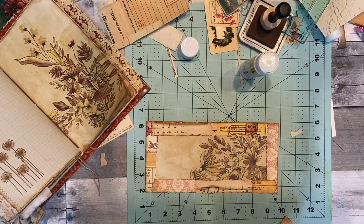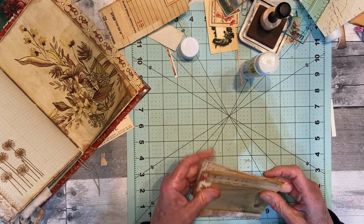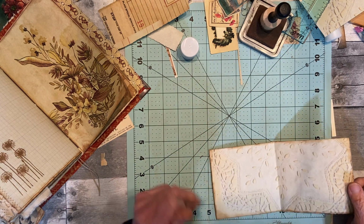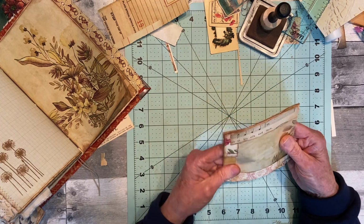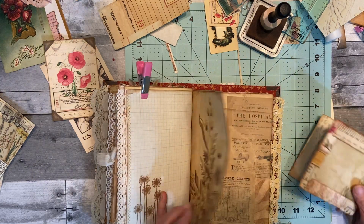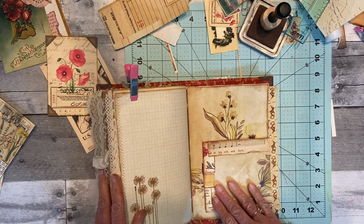Alrighty. So, oops, I put this over here for a minute. All right. So, in here they can journal. This will get better once it's in the book for a while. And I think I'm just going to paper clip it on. And that kind of got weird. It'll straighten out too when it's in the book long enough. Okay, so